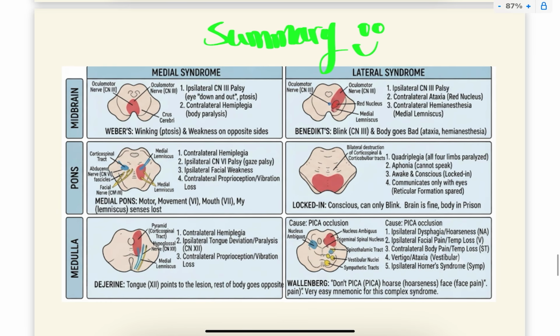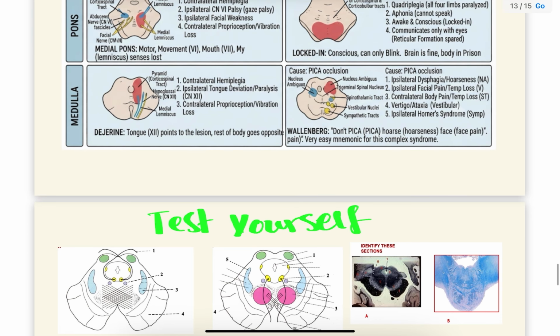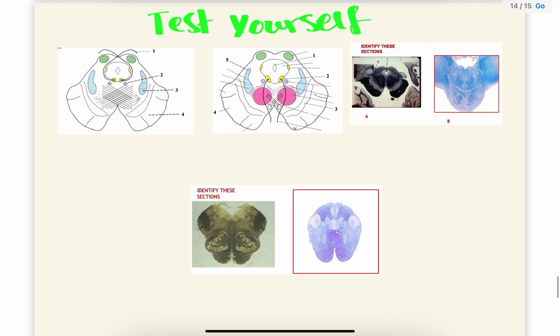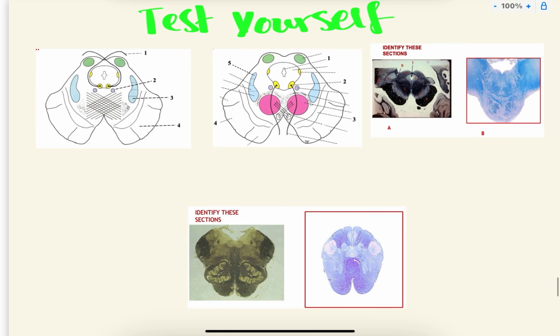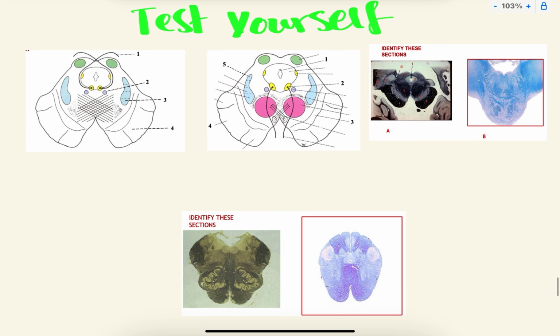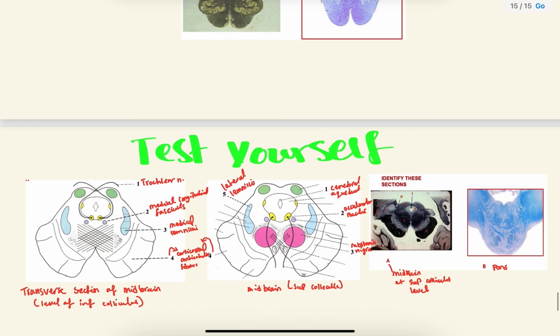You can pause the video and read it. It will help a lot, honestly, in memorizing the syndromes and differentiating between them. Now, this is a slide to test yourself. So you can just pause the video, try to test yourself. And right now, I will